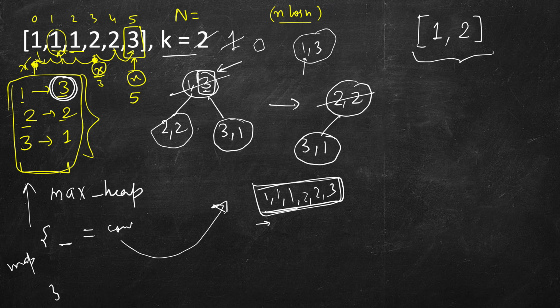So we keep the first element as x, and when we find a different element, we put this key x and the corresponding count, which is this index minus this index, directly into this priority queue. So we just need the space for this priority queue. We don't need this extra space.